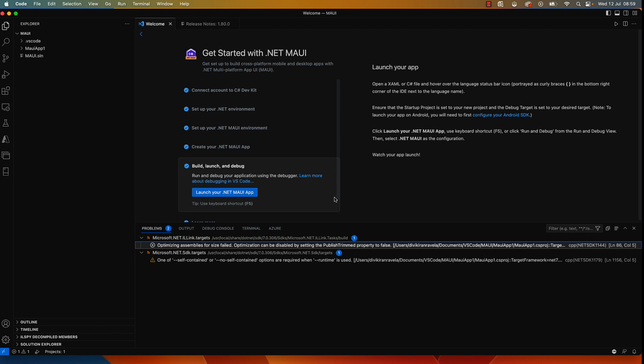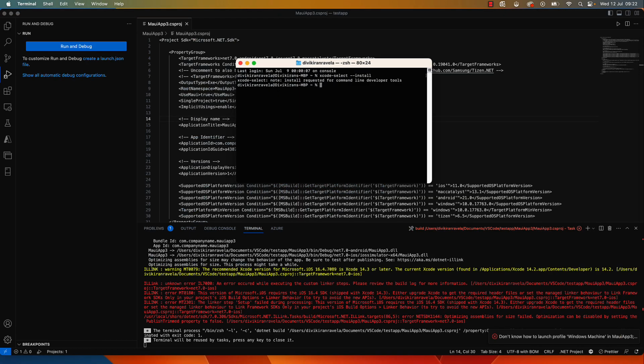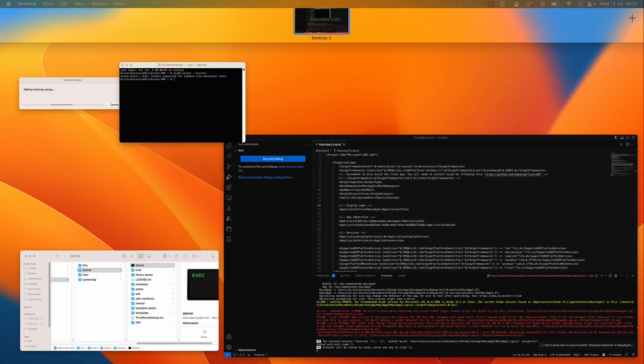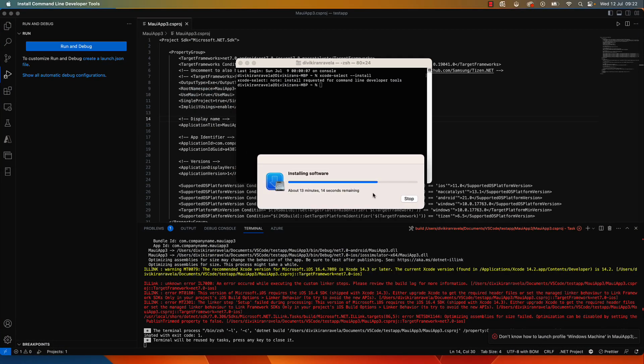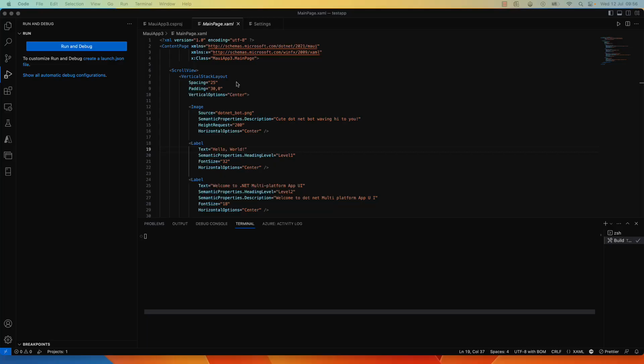So let's go and get the latest Xcode, and let's also install the Xcode. Select install, and it takes a long time for us to install. In my case, it said 79 hours, but it definitely did not take that long. But yeah, it's still 13 more minutes left, so I'm waiting for it to finish. Once that's finished,